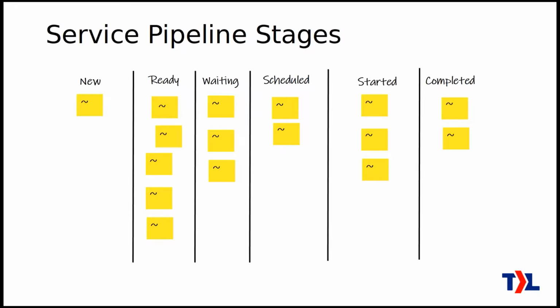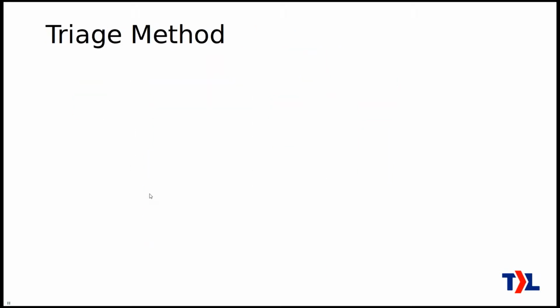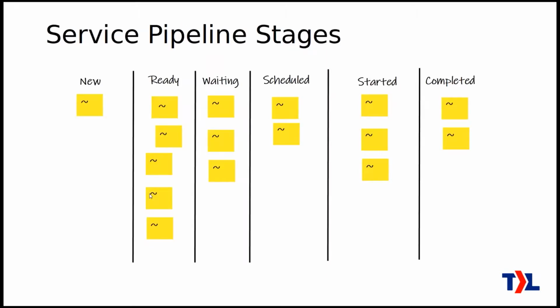And on a Kanban board, it might just look something like this. We'd lay out the statuses like that, roughly, from on the left side of the board is the new side. Then as a ticket moves through these stages, it'll eventually get to completed. So you can tell just by glancing at the board, where's the bulk of your work? Is it in ready, waiting, scheduled, started, and so on.